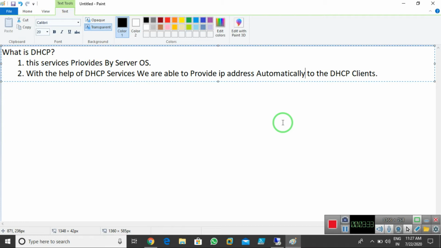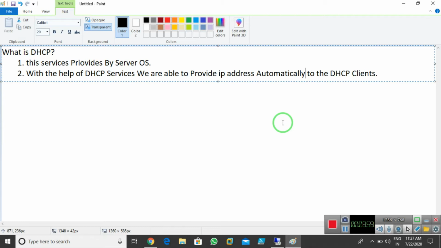For DHCP services, I need either a router or a dedicated server. I can install and configure DHCP services on that server, and with the help of that server, I can provide IP addresses automatically to the clients.